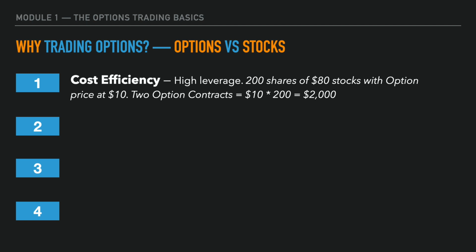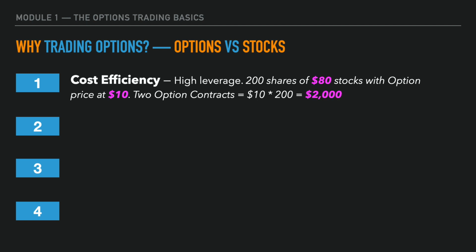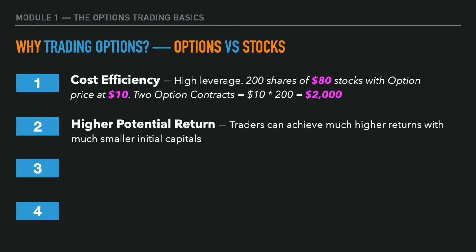Option is a highly leveraged instrument. For example, if the stock is trading at $80 and with a call option at $10, if you buy 200 shares of this stock, that will cost you $16,000 out of your initial capital. But if you buy a call option instead, it will only cost you $8 to have the full control of 200 shares. Second, even with a small amount of initial capital, options can still offer a much higher potential return